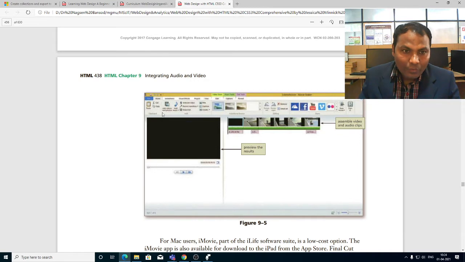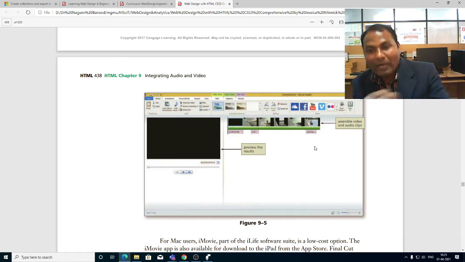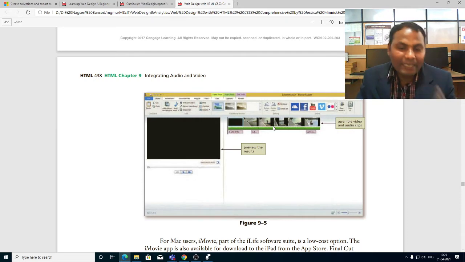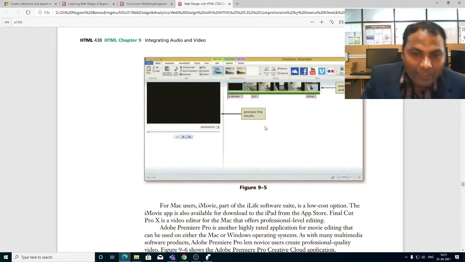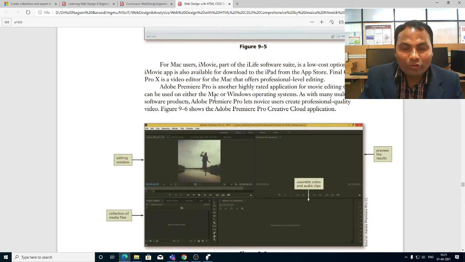In this we can record the files, and the file clips are visible in the bar, and we can assemble the video and audio clips likewise. And suppose we want to delete a middle part of this video, we can also manipulate that. We can also delete, we can also add in this. These types of options are there in video developing software.